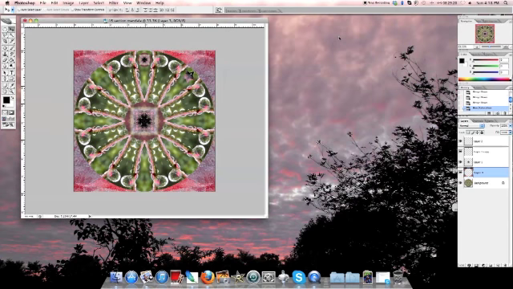And okay, so there's lots of other things you could do with this. Sometimes you get a shape within your mandala. So for instance, if I wanted to, I could select this shape here inside of the branches, and I could pull that out of another image. So I would probably have to zoom in or use my lasso, or depending, you might be able to get it with your magic wand. So I could potentially select this shape and put in a piece from another image into that shape rather than